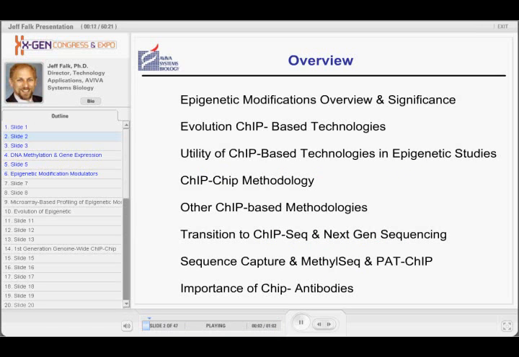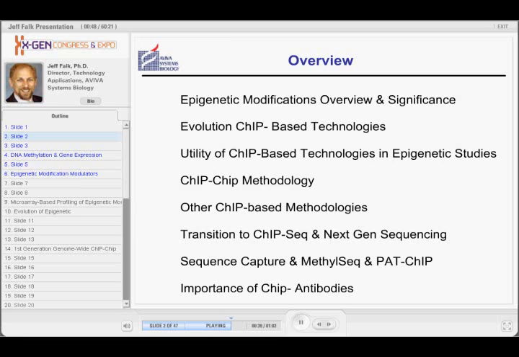What I wanted to do today was really give you an overview of chip-based technologies and how they're being used. Just start off with discussing an overview of epigenetic modifications, and then talk about how chip-based technologies evolved, how they're being used in epigenetics, and delve a little into the methodology. I didn't want to get too far into the methods, but give you an overview of the methods being used, and then talk about how things are transitioning into next-gen sequencing, which I'm sure everybody's aware that sequencing is really where